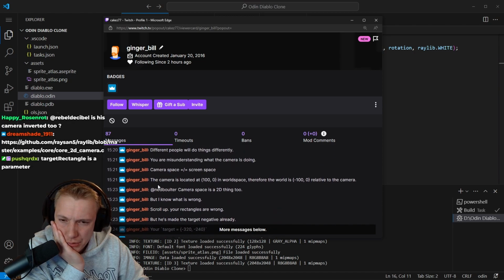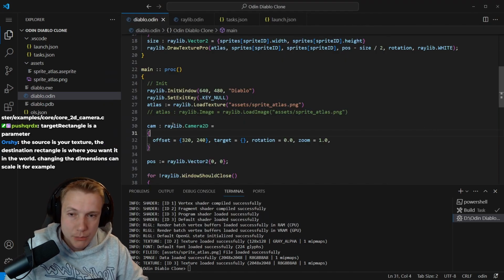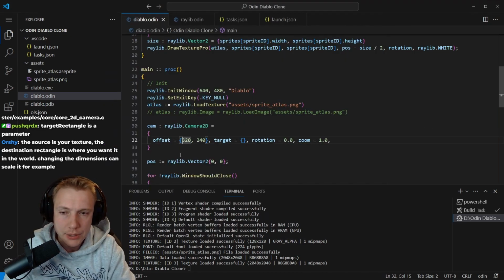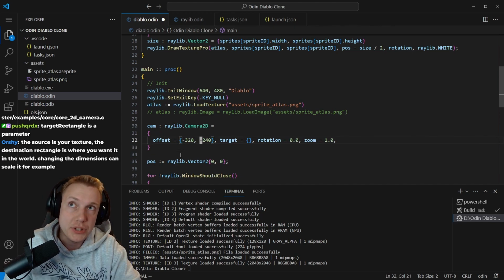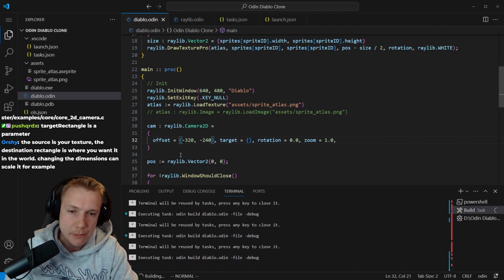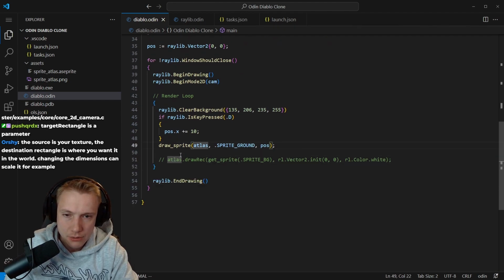Camera space is not located. The camera is located at 100 in world space. Therefore, the world is minus 100. Yeah, that's fine. I can put the camera to minus 320, right? And then minus 240, which puts it in the middle, as far as I remember. Right, and if I draw something on 0 0,